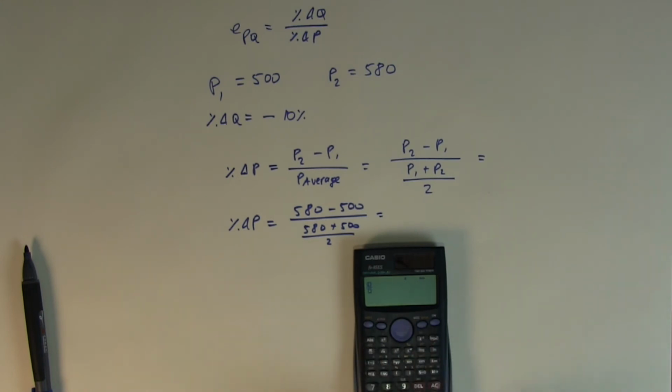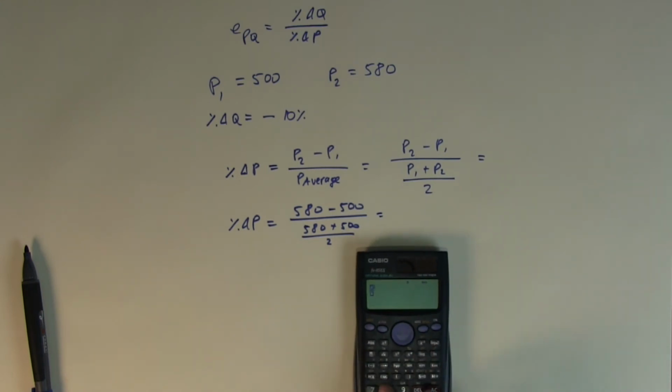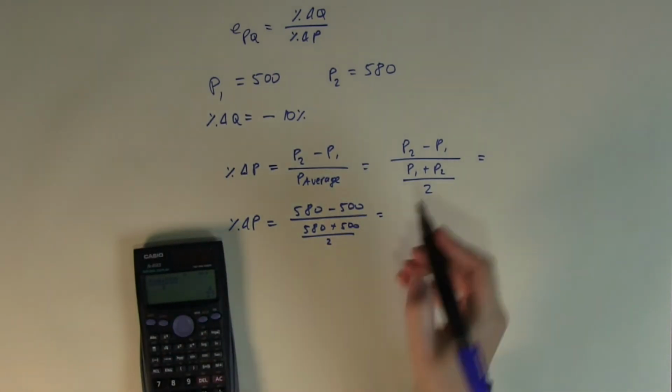I need a fraction. On top of the fraction, I need 580 minus 500. And at the bottom of the fraction, I need another fraction. So I'm going to press the fraction button again. And at the top of the bottom fraction will be 580 plus 500. Come down again, put the 2 in, then come out of all of them, and then hit equal. So that gives me 4 over 27,